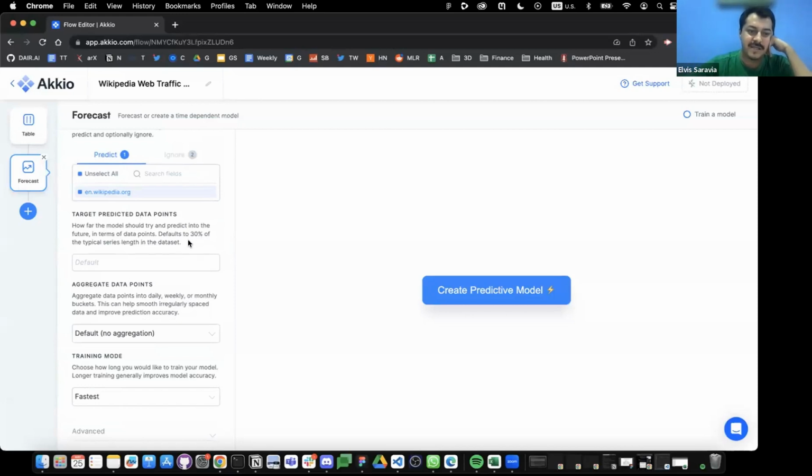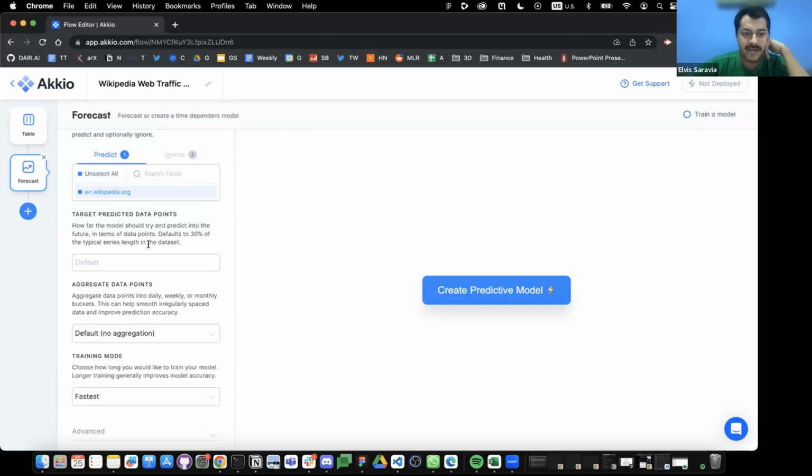That's very important. Usually, what I've done in the past, and the recommendation, is you don't want to go above a 1:1 ratio. What you want is something like 30%. The default here is 30%, but you can do 40% of the data points that you have. So if you have a 1 year time span of data, you can choose maybe 4 months or something like that that you want to forecast into the future.